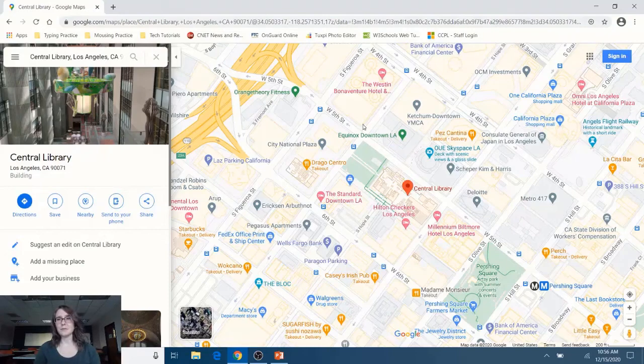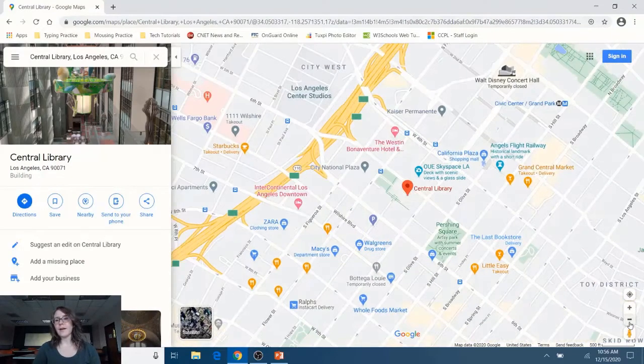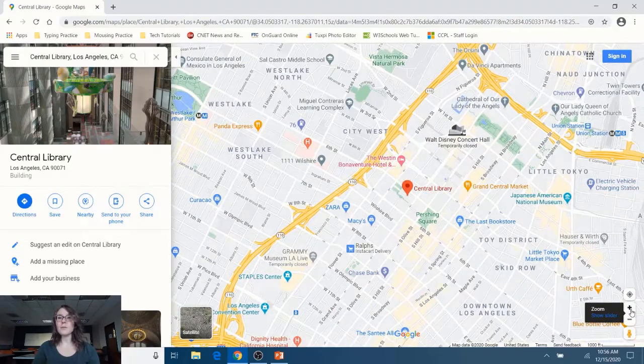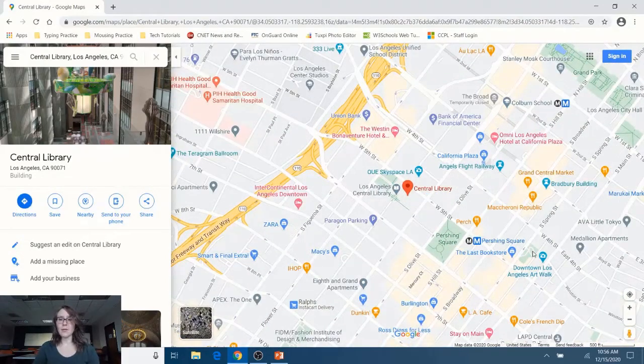It's helpful to be actually close enough so that you can see what you're pinning. I know that sounds ridiculous, but say you're zoomed way far out, for example, if I zoom out really far, I can't really see what's on the ground anymore. And maybe that's okay for my purposes, but if you want to pin something that's really small on the screen, then you're going to need to zoom in. And if you can't tell, I'm using the zoom in and zoom out plus and minus buttons on the bottom right hand corner. So I'm going to zoom back in,